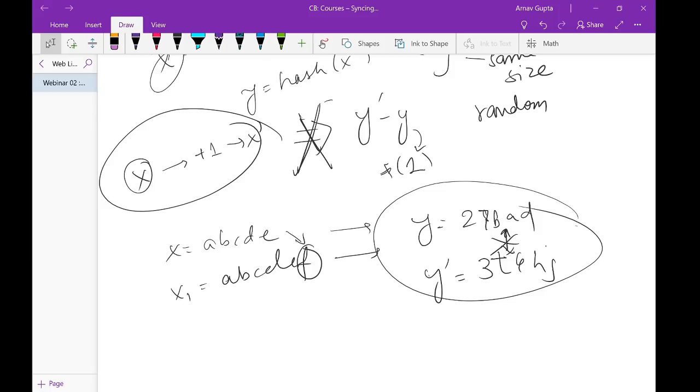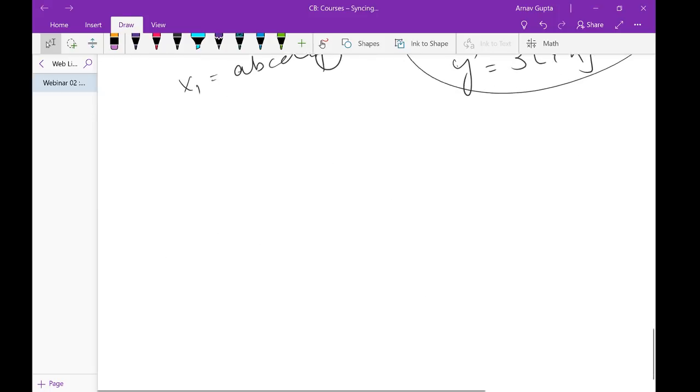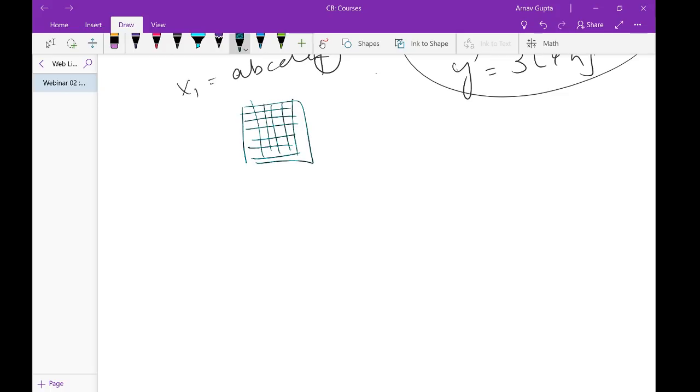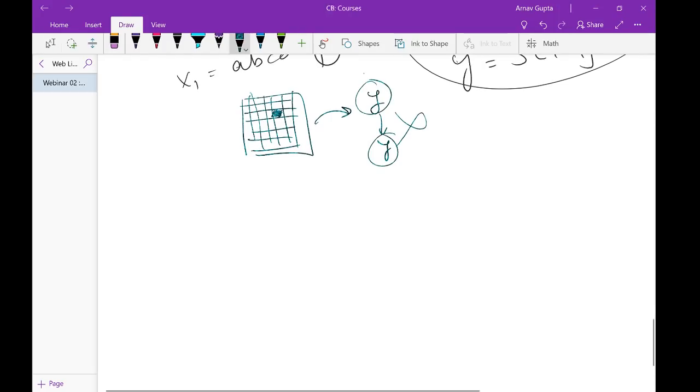Now the property of the hash function that we are relying on here is that if we take a very large piece of data, and we just make one little change here, the hash will change drastically. These two will have no relation at all. The hash will change drastically even if you make a very little change inside your x. Okay,